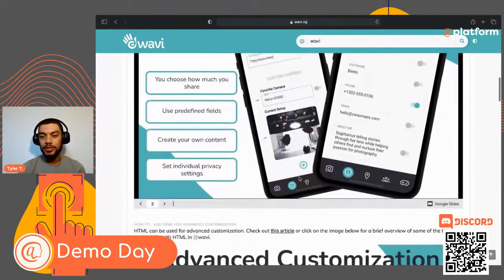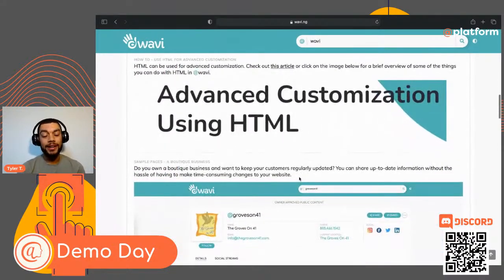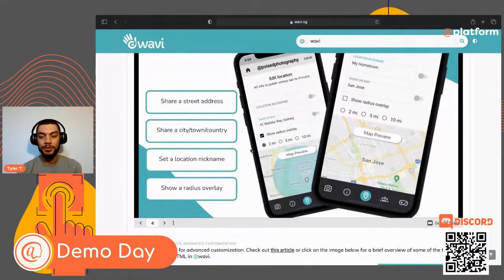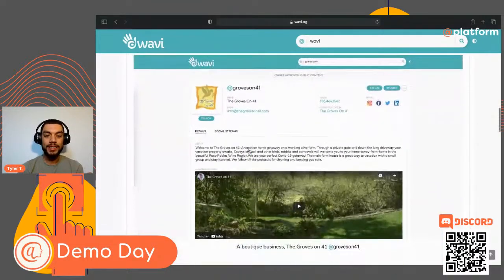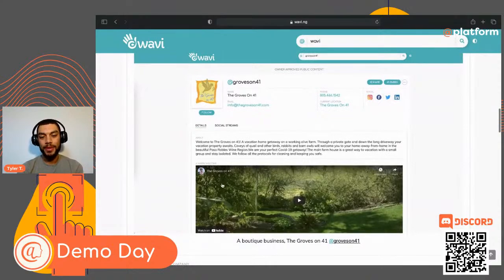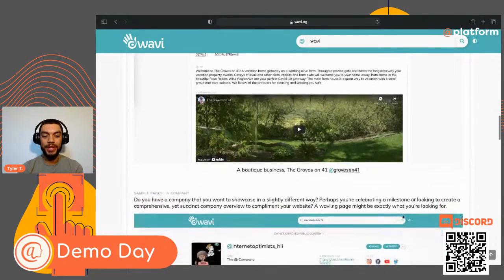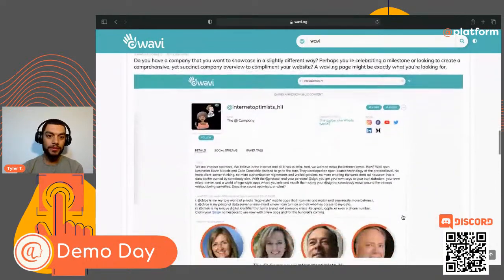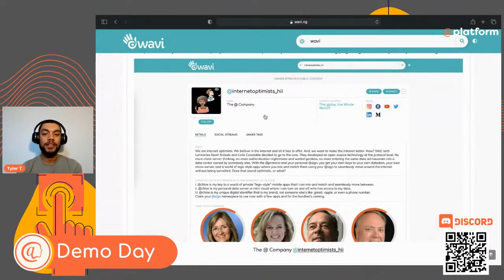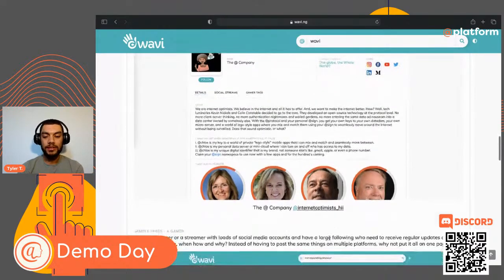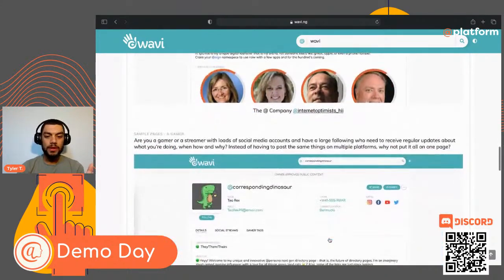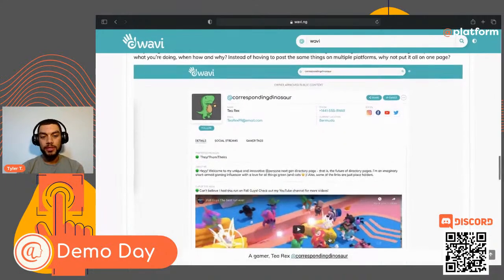So let's keep scrolling here. Another really cool feature, which you'll see a lot, as you just saw with the Google Slides, is that you can add your own HTML to your page to really spice it up. This Wavy page has a YouTube video embedded into it. We'll see a few more of that. We also have an Internet Optimist page, which goes over the history of the app company, the founders, the chairman, and we also specify